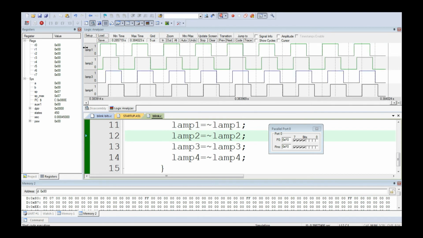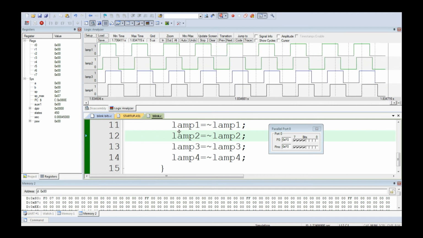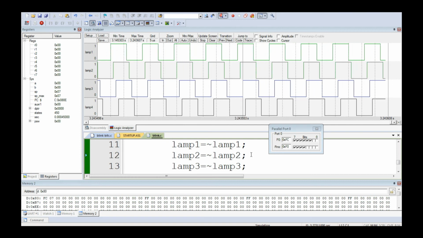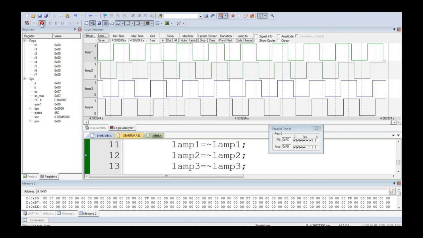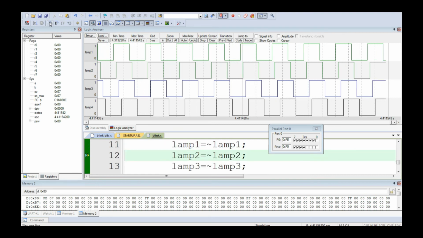There are 4 lamps, 4 square waveforms. You see, fantastic, right? So beautiful, right? It's something like watching a more powerful thing. So square waveforms are coming. When you stop the running, it will come. If I do single step execution, you can understand very well. You can see.